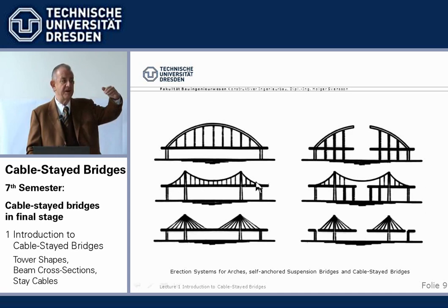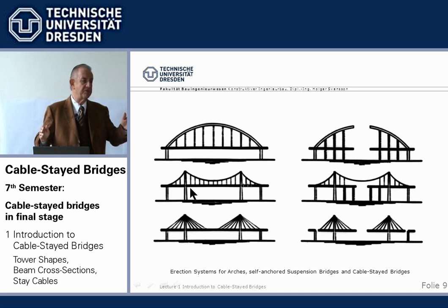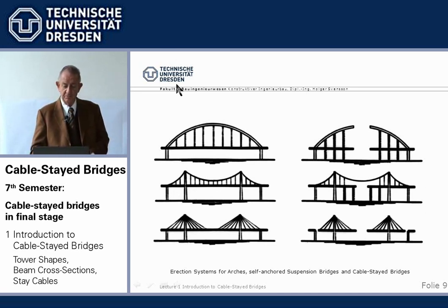When suspension bridges are very high above water, we cannot anchor the cable forces, the horizontal components, in abutments. They would be very heavy, very expensive. So we anchor them in the beam, so-called self-anchored suspension bridges. Now, self-anchored suspension bridges do only work when the main cables plus the beam is completed, and therefore the beam